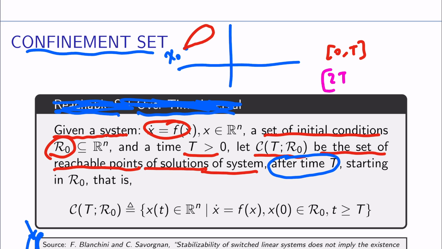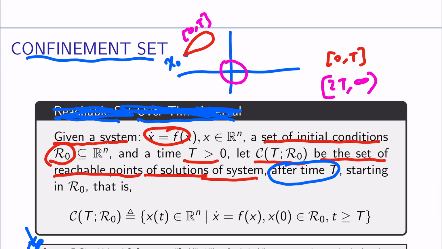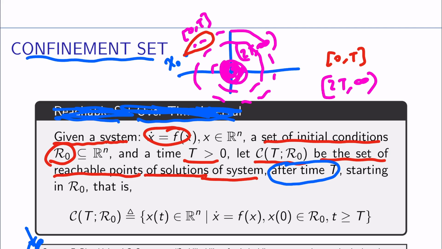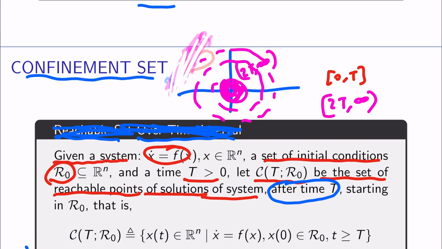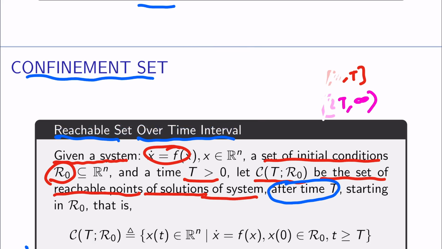And let's look at the 2t, for example, confinement set. Maybe this is a stable system, then after 2t, this is what you have from 0 to t, and this is what you have from 2t to infinity. Maybe this is a stable system, and then it goes here, and then converges to this set around the equilibrium points. Okay. I'm almost sure that this was not a great explanation, and for some reason my eraser is not working, but alright. Let me eliminate that part too.